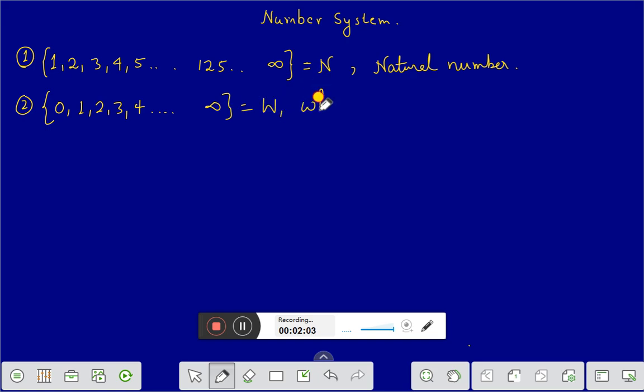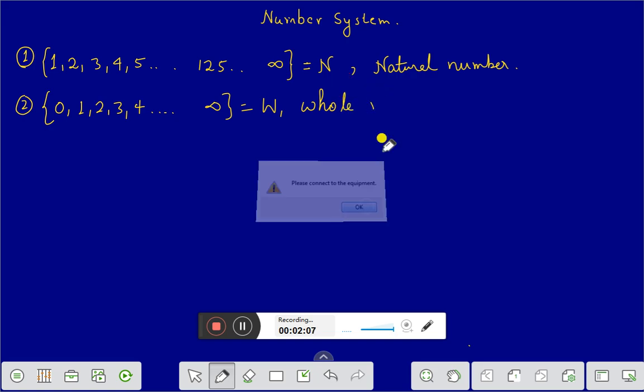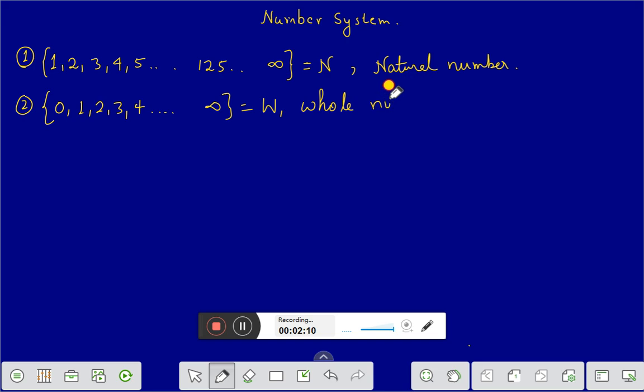This is whole number. Whole number starts from 0: 0, 1, 2, 3, 4 and up to infinity. This is represented by W, and this is whole number. And the third one is,